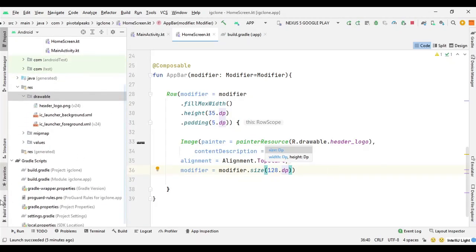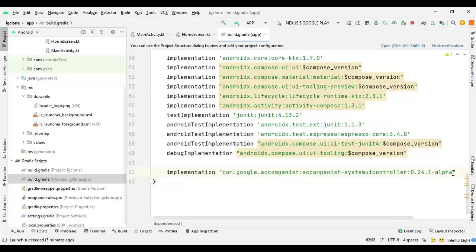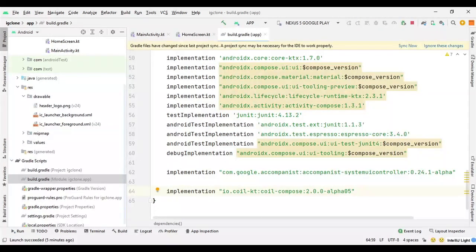So we can go to the build.gradle file again, and here we can declare the dependency for Coil image. I'm just going to paste it, and I'm running the 2.0.0 alpha 05 version, which I think is the latest one. So you should run this version as well.